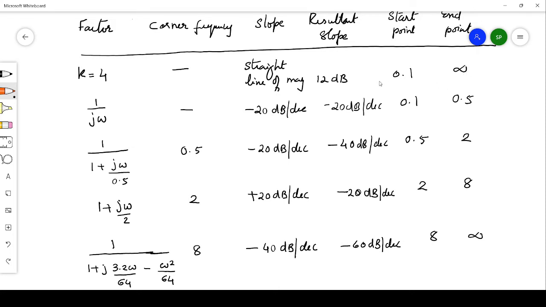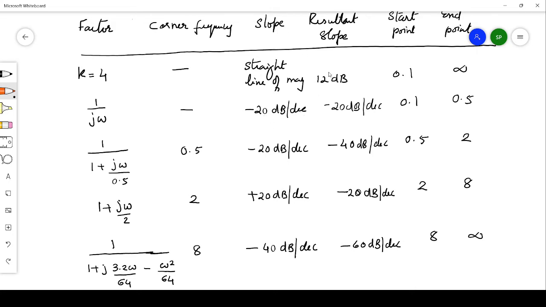to infinity. Then the next term, which one you should choose: you check whether any pole or zero is present in the transfer function. So here we have a pole present at origin, so that is our second term. Now we know that for the first order pole, this pole at origin or zero at origin, we know all the slopes with respect to this first order factor or the second order factor. We know for a pole at origin the slope is minus 20 dB per decade, so we are directly writing, we already know this, minus 20 dB per decade.